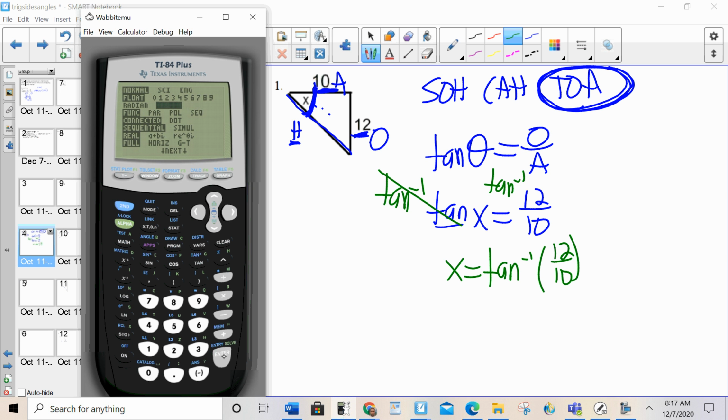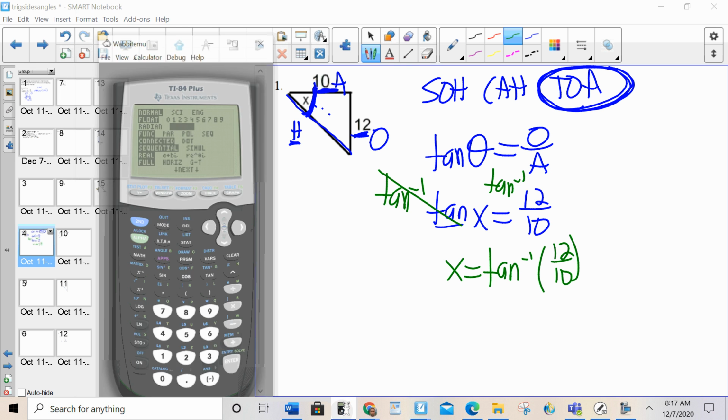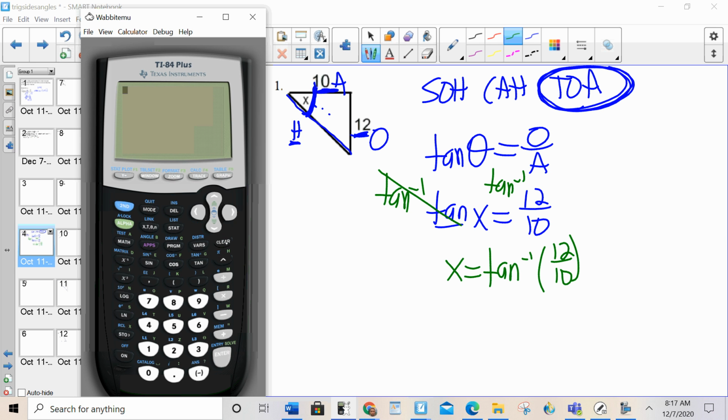Once you put it into degree mode, it'll stay that way unless you change it or unless your calculator is cleared. When you take your Regents exam, they will clear your calculator, so you will have to physically put it into degree mode. Now, to type in inverse tan,